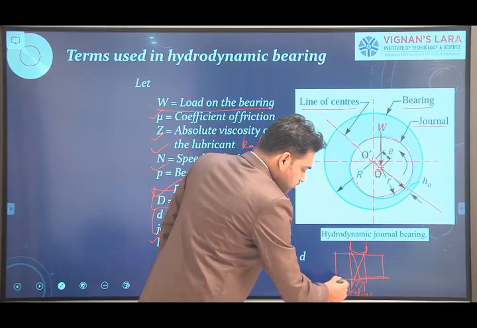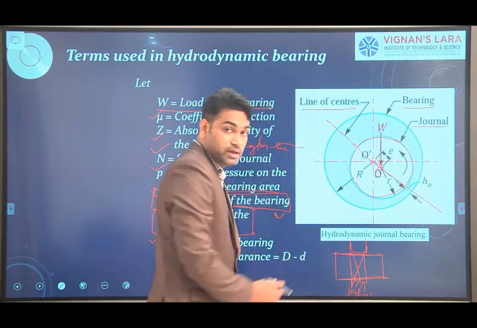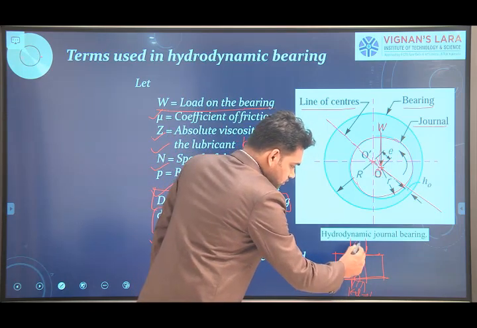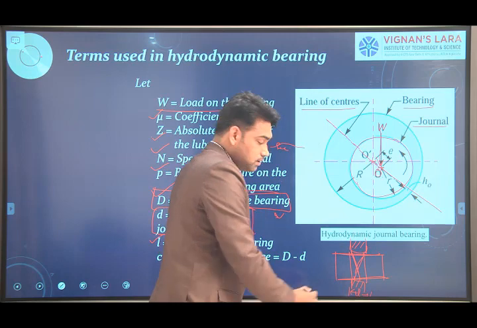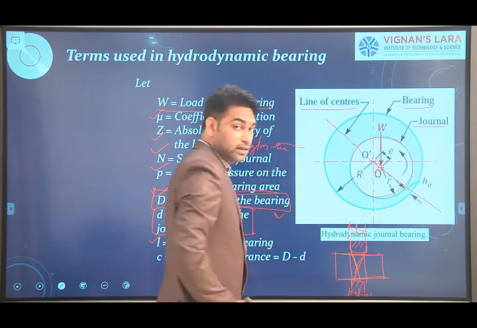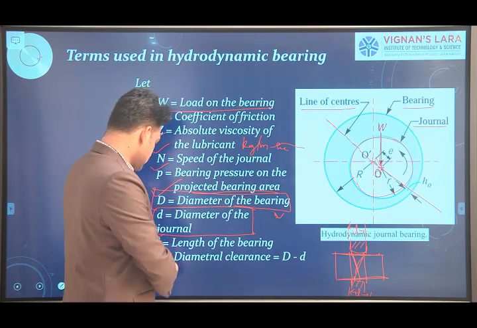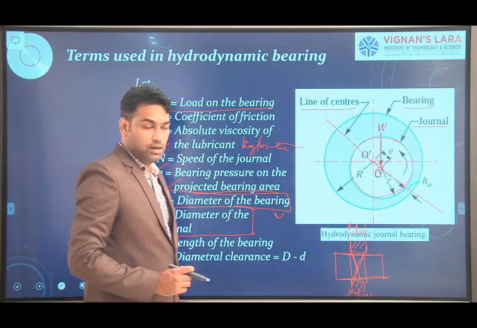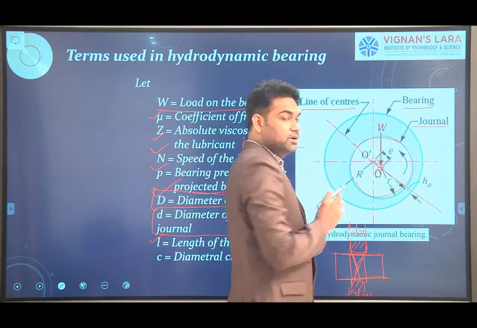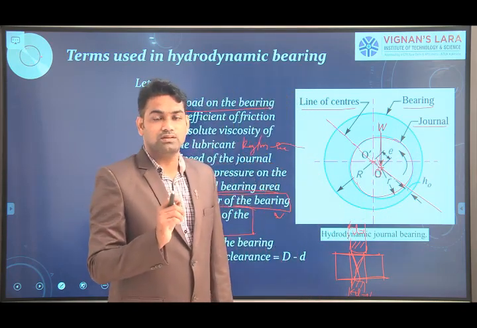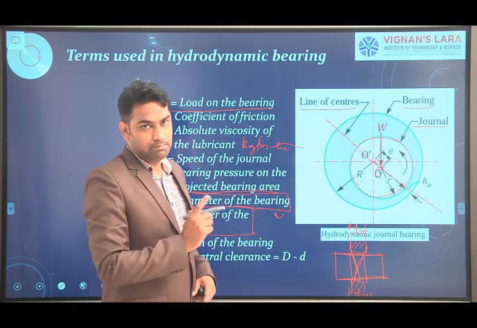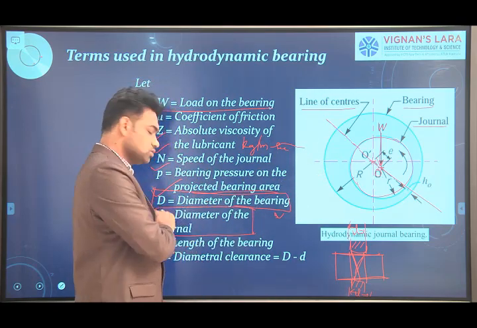So here, the portion of the shaft that lies under the bearing we call the journal. This is the bearing surface up to this extent, and this is taken as length of the bearing, denoted by small l. Coming to the diagram again, we can observe that the diameter of the journal is always smaller than the diameter of the bearing, that is, capital D is greater compared to small d.